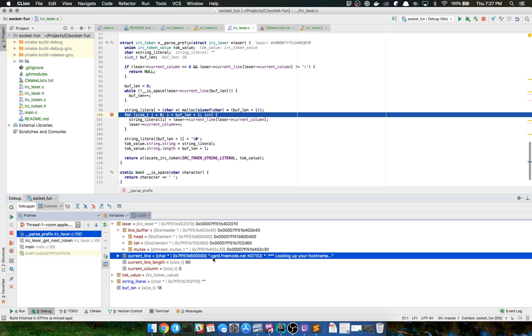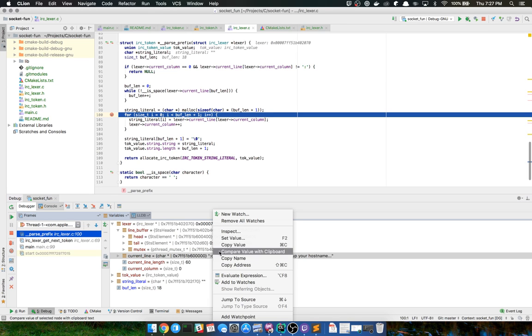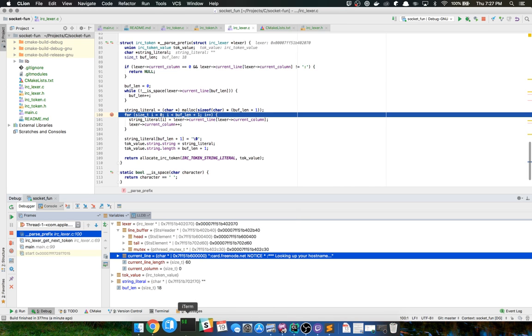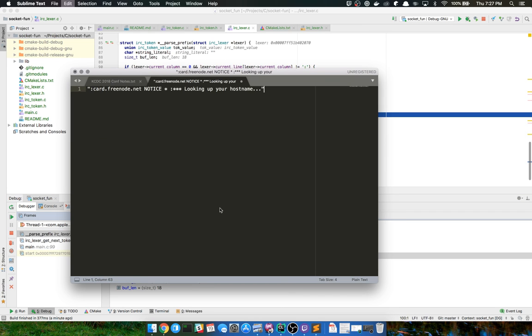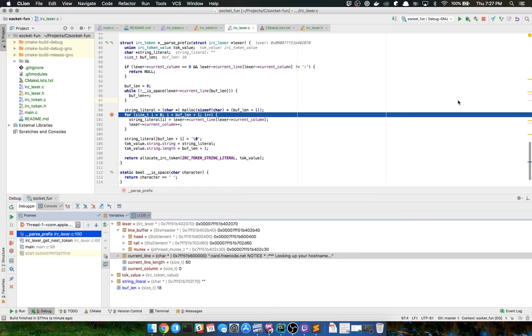So oh boy, I don't really want to count these, but I could. Copy value, open up Sublime. Let's make sure that 18 is the correct count there. So we're going up to here. 20 characters selected, so 19 characters selected. Oh, forgot about the quote. All right, here we go. That's 18. Include the space. Perfect. So it does stop where we need it to stop.